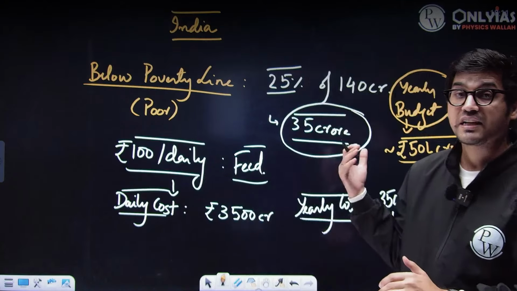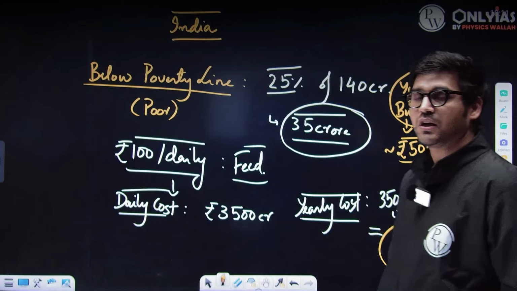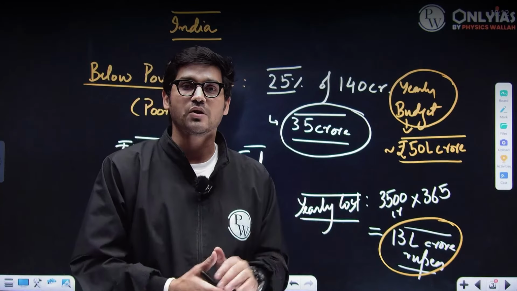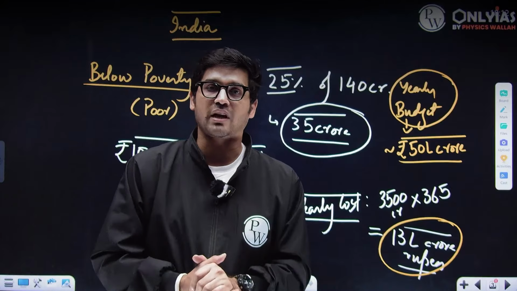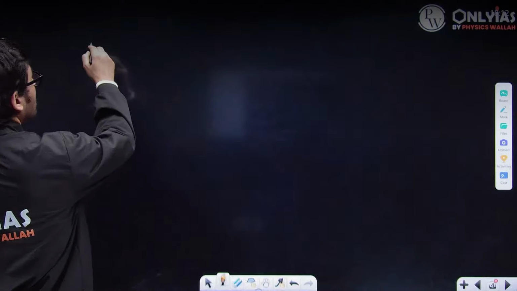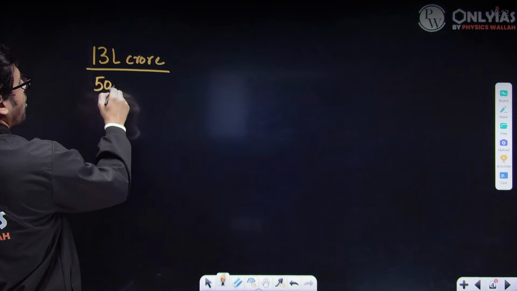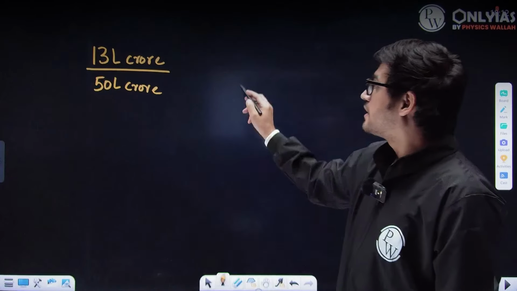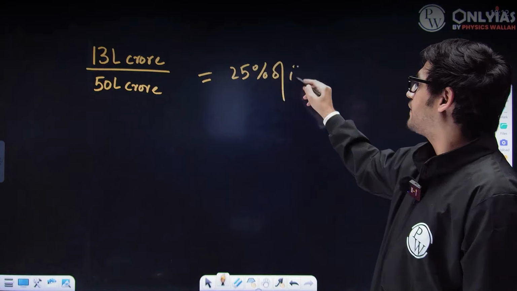That means if the Indian government has 50 lakh crore rupees to spend, why can't it spend 13 lakh crore rupees on the poor people just so they can eat twice every day? So is it theoretically possible? Certainly it is theoretically possible, but there would be long-term repercussions. Why would there be long-term repercussions? Now, 13 lakh crore rupees as a proportion of 50 lakh crore rupees means that the Indian government is spending 25% of its budget